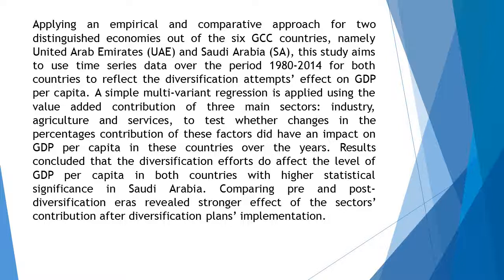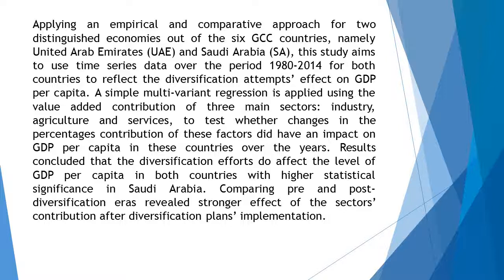A simple multivariate regression is applied using the value-added contribution of three main sectors, industry, agriculture and services, to test whether changes in the percentages contribution of these factors did have an impact on GDP per capita in these countries over the years. Results concluded that the diversification efforts do affect the level of GDP per capita in both countries,